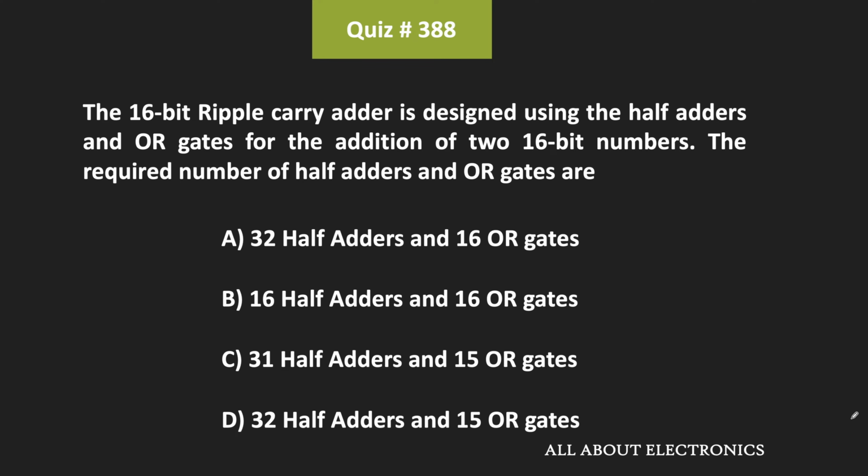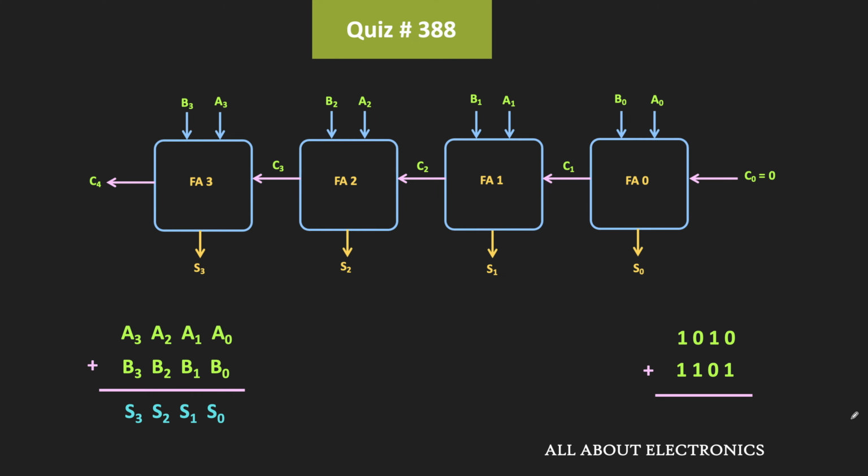So in this question, for the addition of two 16-bit numbers, this 16-bit ripple carry adder has been designed, and it is designed using half adders and OR gates. Here, we have been asked to find the number of half adders and OR gates required in this design. Recently, we have already covered the video on the ripple carry adder and we have seen